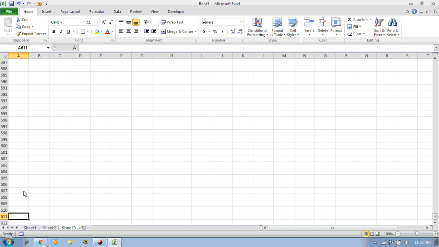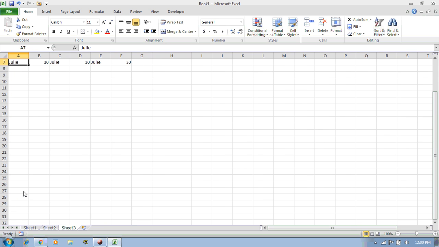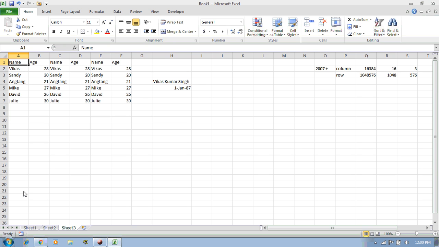So to scroll through the columns and rows using the scroller is tedious, and if you use the keyboard shortcut keys, then you can move through the Excel easily. Just for example, I am pressing Ctrl and down, so you can see that in one shot we are here at the end row, and if I press Ctrl and up arrow, in one shot we are here at the last occupied cell. So it is the faster way to scroll through the Excel.